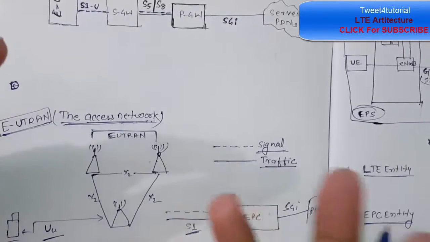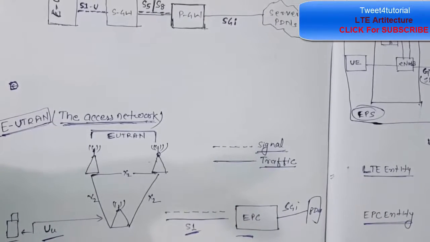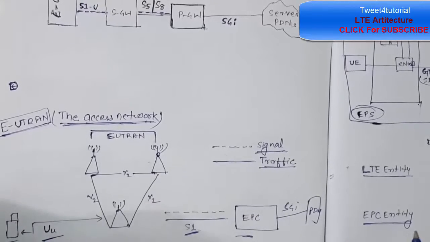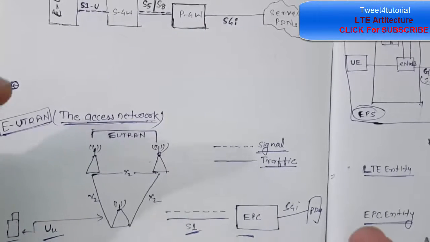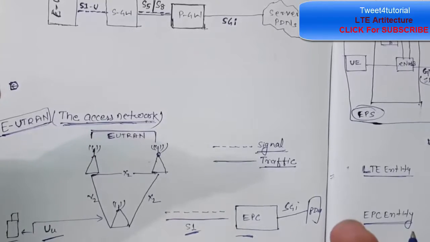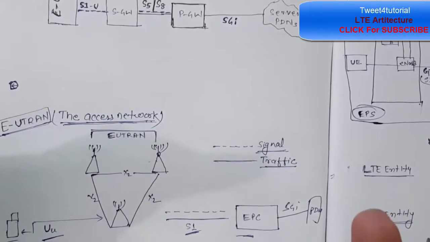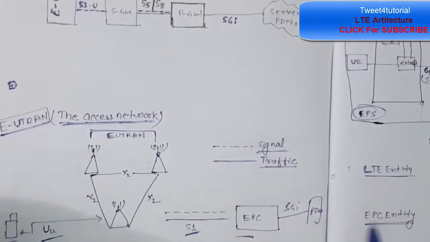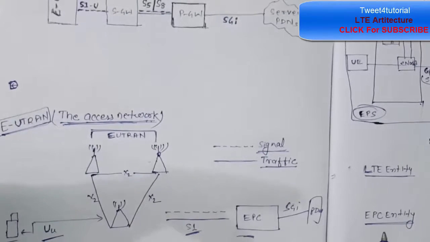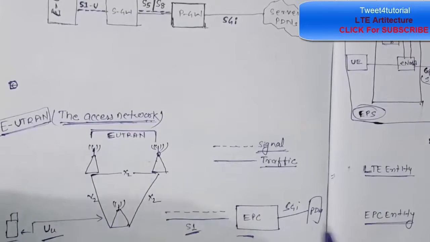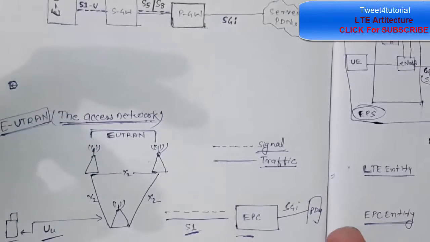LTE mobile communicates with just one base station and one cell at a time, and there are two main functions supported by eNode B. First, eNode B sends and receives radio transmissions to all the mobiles using the analog and digital signal processing functions of the LTE interface. Second, eNode B controls the low-level operation of all its mobiles by sending them signaling messages such as handover commands. Each eNode B connects with the EPC by means of the S1 interface, and it can be connected to nearby base stations by the X2 interface, which is mainly used for signaling and packet forwarding during handover.